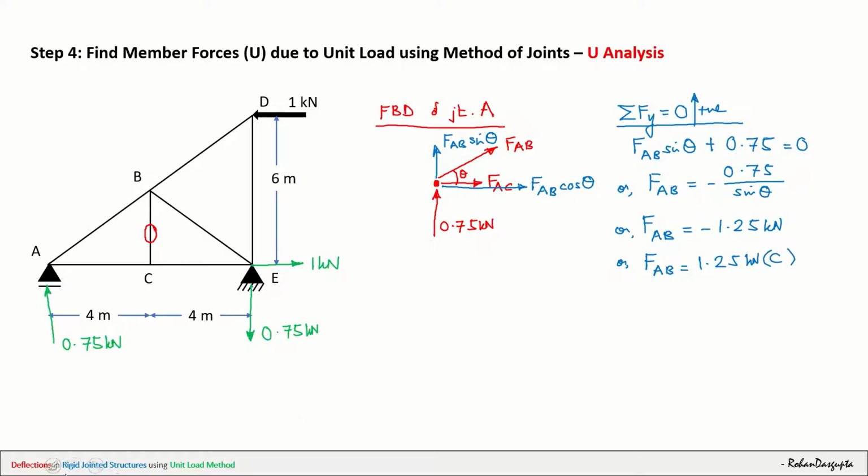Now next, let us go for summation of Fx equals 0. Let me take the right side as positive. So here, you see, your focus should be on the FBD only. So here we will have FAC plus FAB cos theta equals 0,